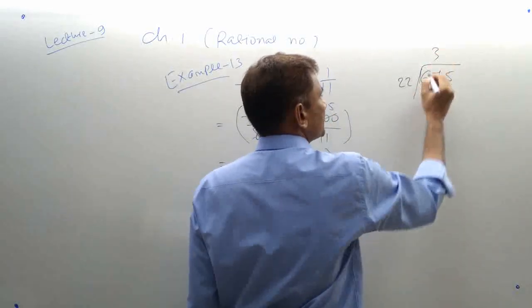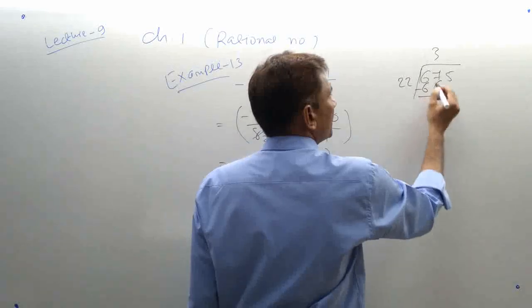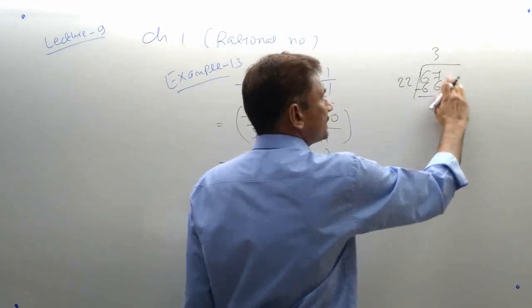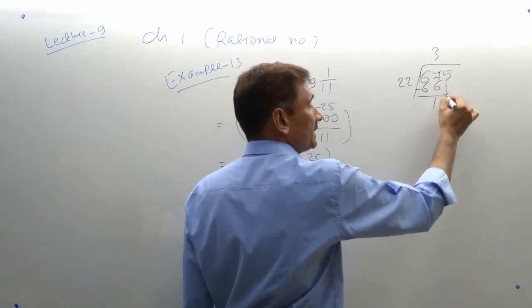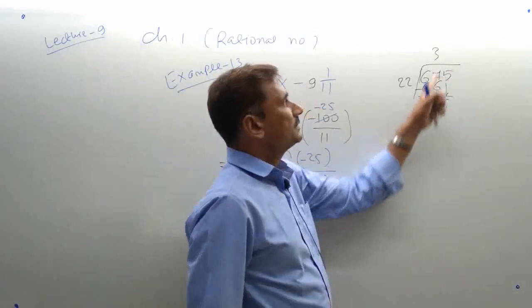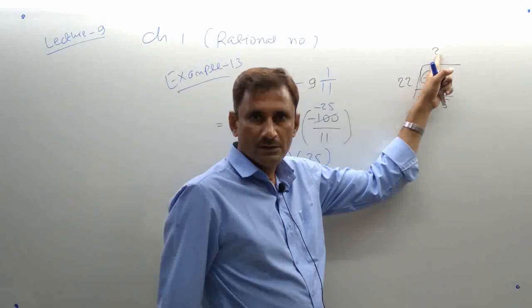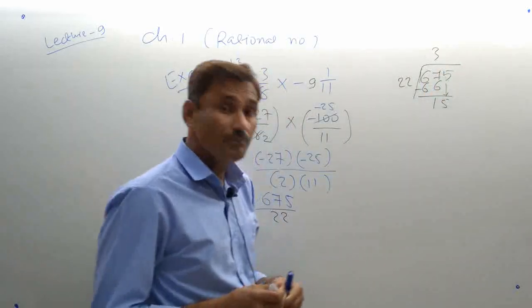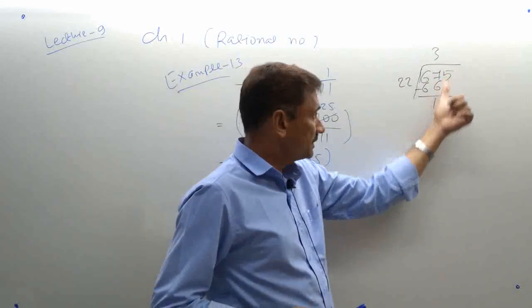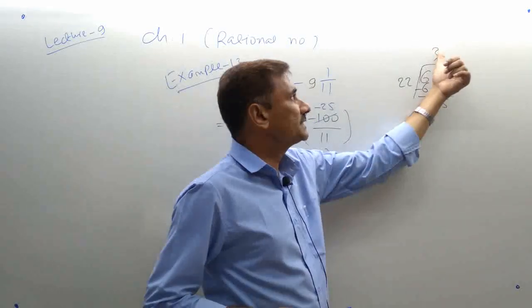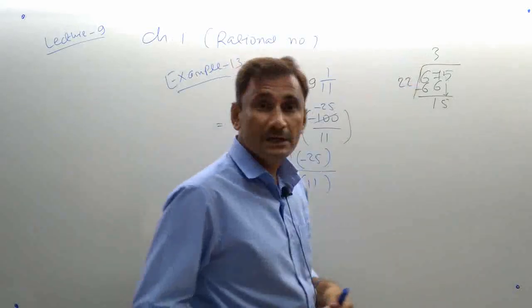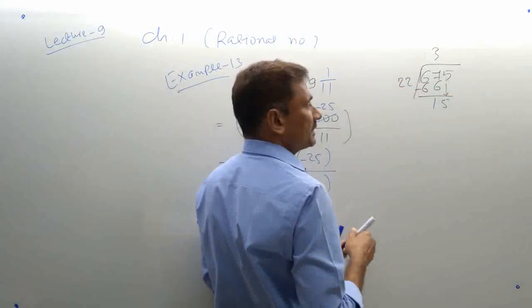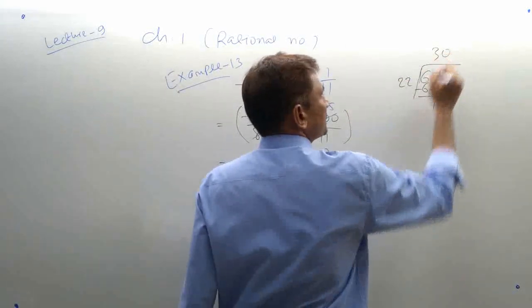22 3s are 66. Okay, but basically it is not over here. 5 is still left, so you get 5. After getting 5, 1 digit should be here. As soon as you bring 1 digit from here to here, 1 digit must be here. So we brought here 5, nothing right there. Division is not possible further, so write down 0.